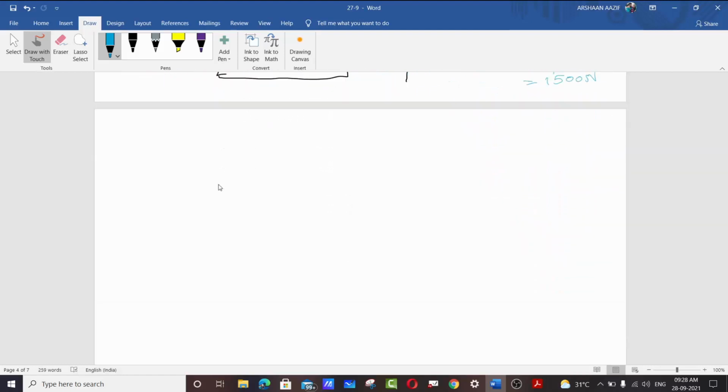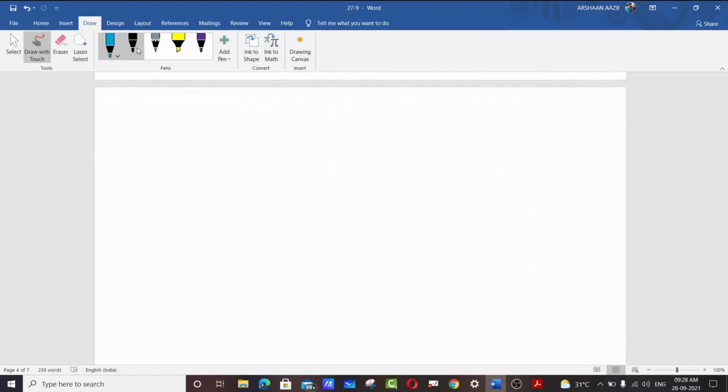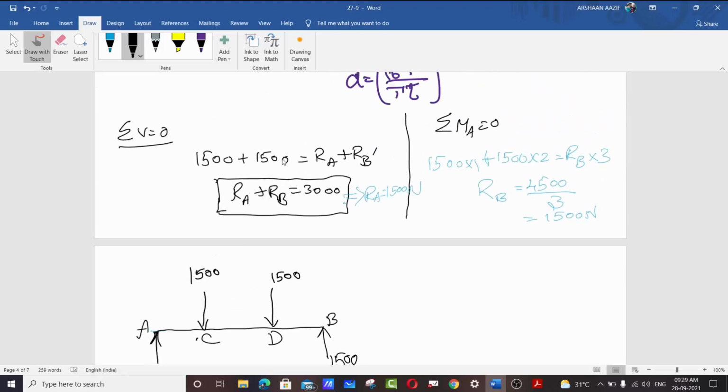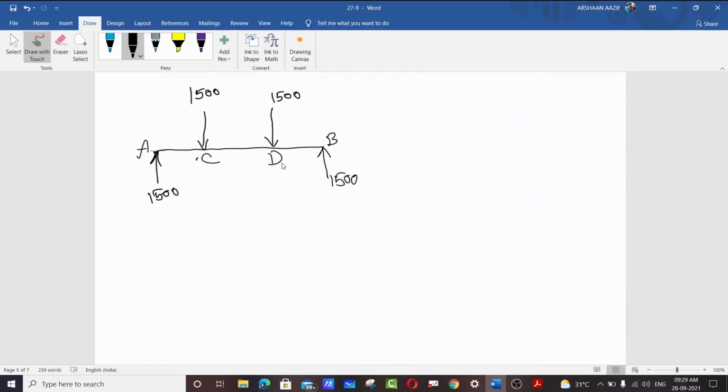Now again drawing the diagram with the known value. Now this is 1500, this is 1500. So all the loads are equal here, 1500 and 1000 by 500. Now this is A, this is B, this is C and D. I think this is how I'm taking it. Yeah, A, B,